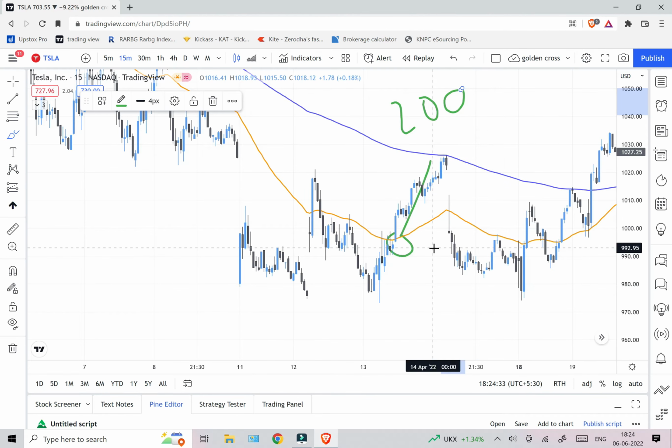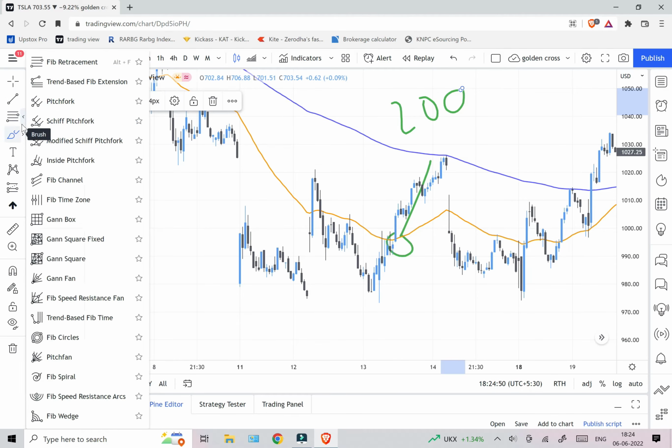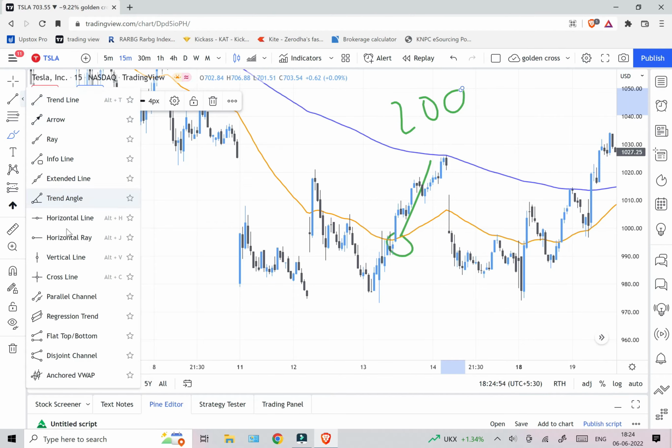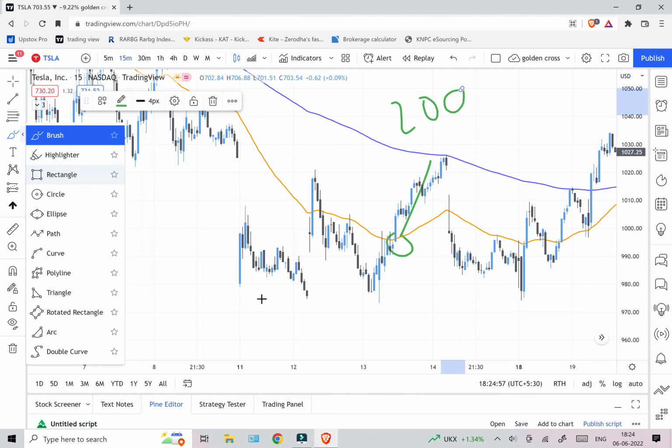Now I'll give you one more tip over here. The first thing was that the candle closed above 50, 200 was at the top, and if you combine one more thing, now if you have seen my previous videos, you will know what I'm talking about. That is,